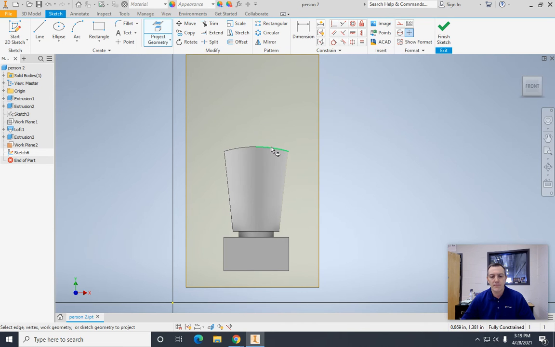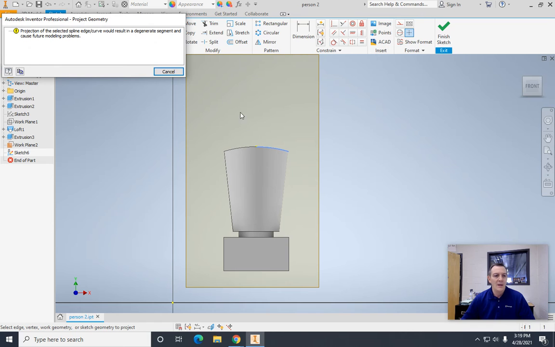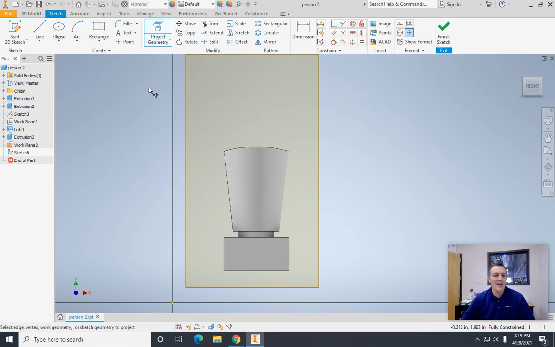Whoop. Nope, it doesn't like that side for whatever reason, but I think this side should be just fine. Project geometry. I think that is actually done. And it is there. So what we want to do next is go ahead and create a point right there,